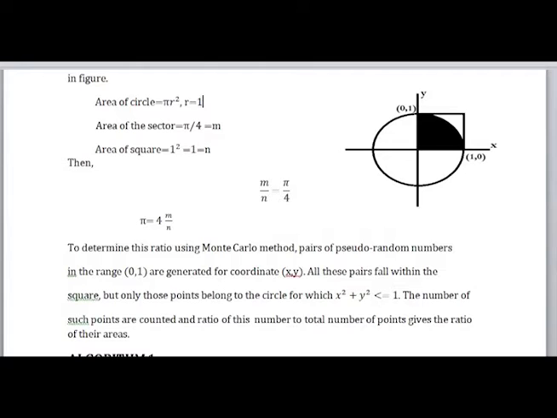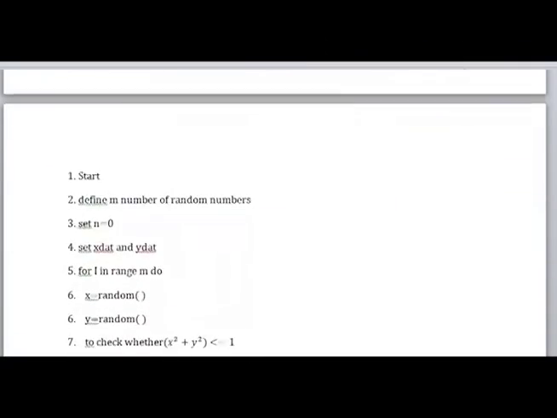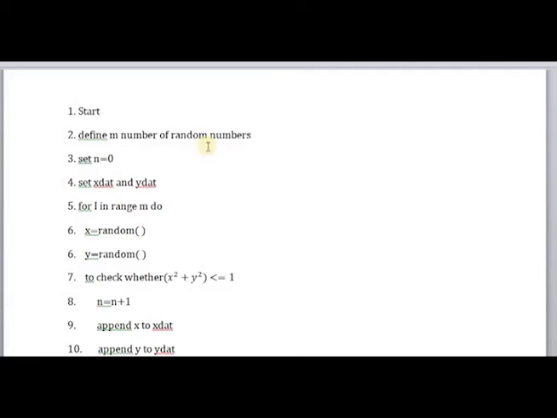There is a seed program inside the core Python module with which we generate random numbers, and we are not aware of the number being generated. So we call this random number 1 lakh times, and each time it gives a specific value between 0 and 1 for x and y. So we are calling the random numbers. Define n, the number of random numbers. Set m equal to 0. Set x dat and y dat, because we'll have to plot it. For i in range n,